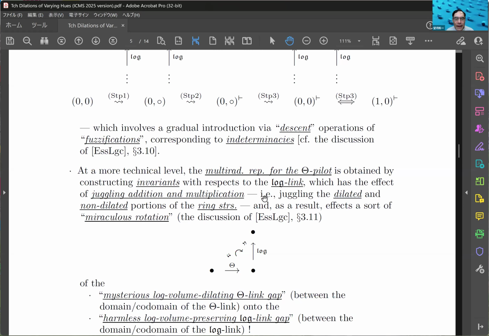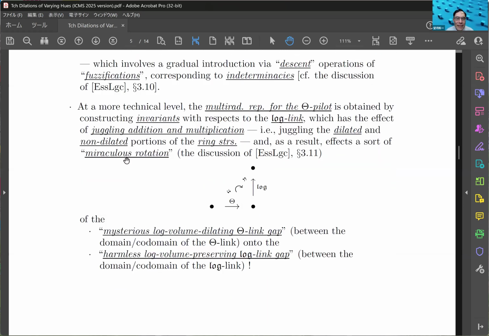So obtaining invariance with respect to addition and multiplication, or p-adically locally with respect to a juggling of units and value groups, means that the structures that are dilated are, up to perhaps some mild indeterminacies, essentially non-dilated. So this affects a sort of miraculous rotation